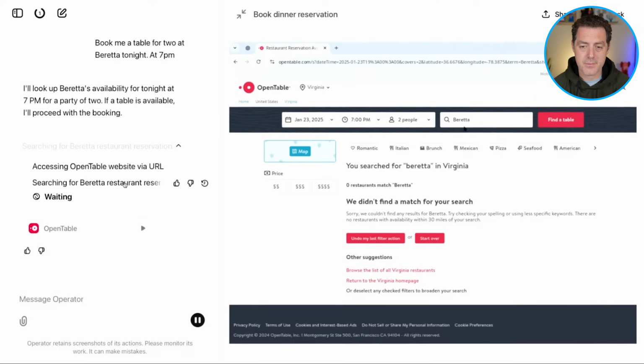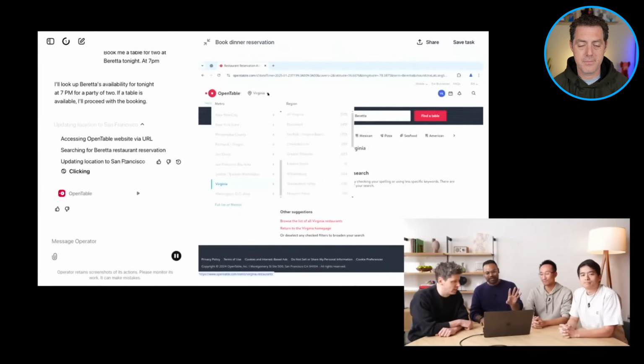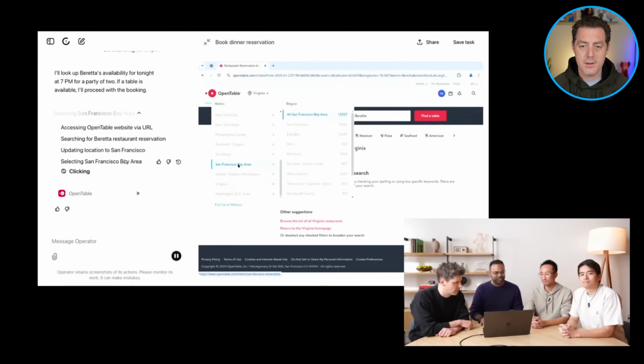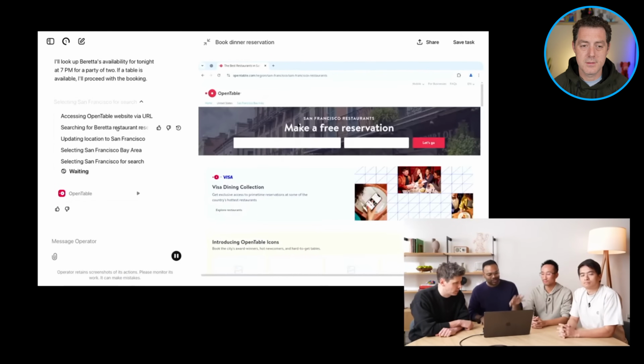Now, back to the video. My hands are off the keyboard. I'm not typing these things. So this is just the AI clicking around. It started this browser session. It knew where the OpenTable website is, which is opentable.com. As you can see, it's summarized its chain of thought here as well, which is, it's gone to the URL, searched